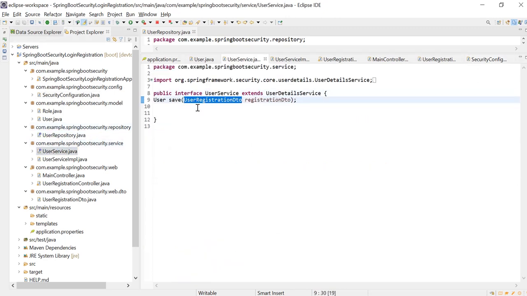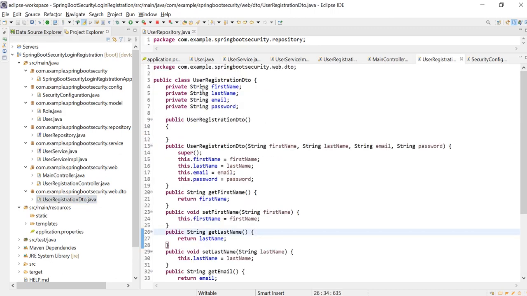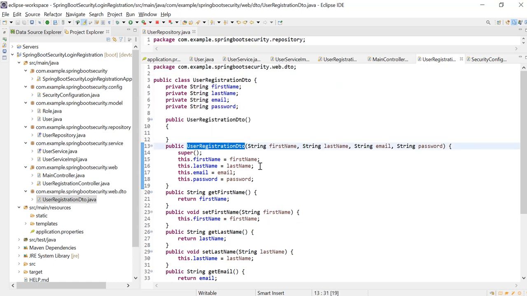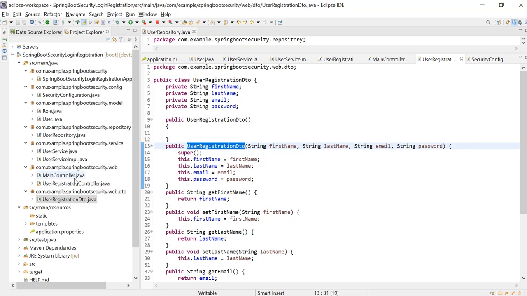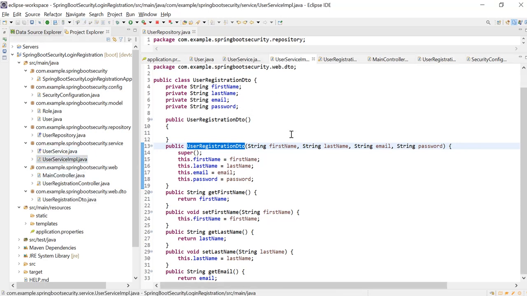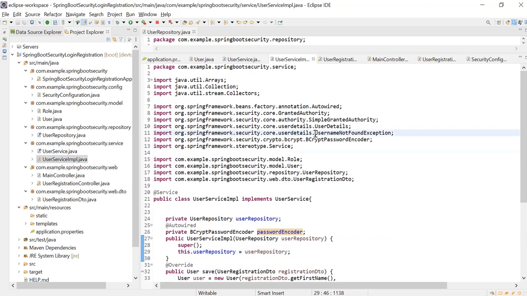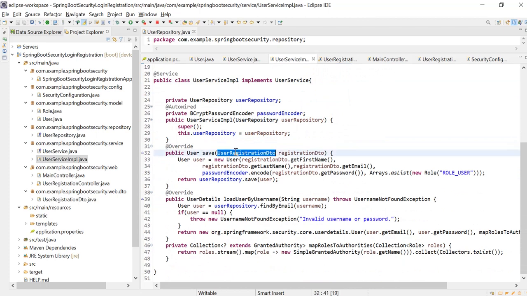So this user registration DTO is a class which, when I save, will get all the details and set the values in the service. So I'm going to save this value.